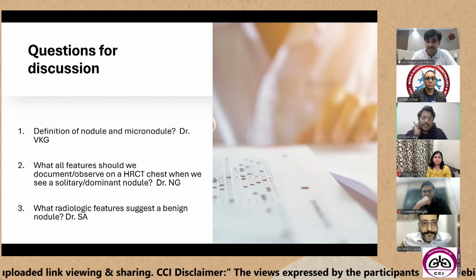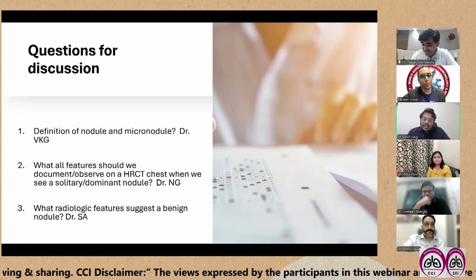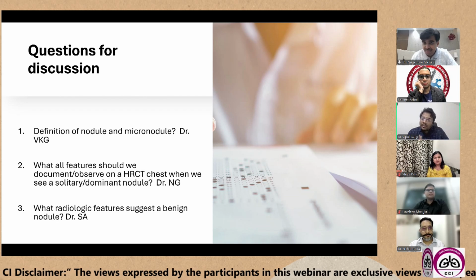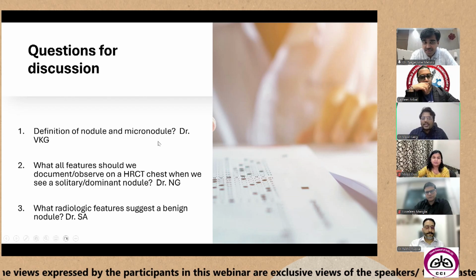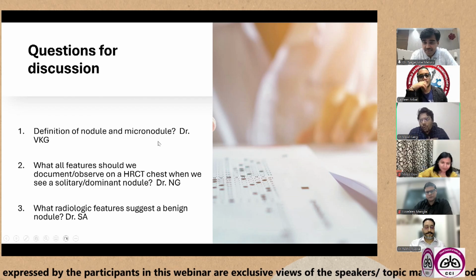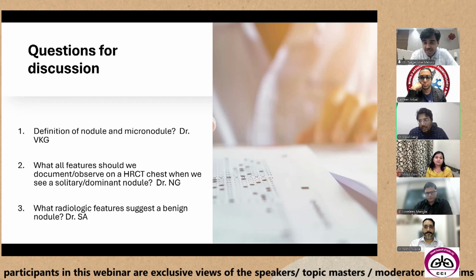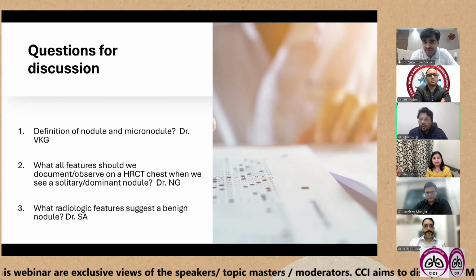A nodule is nothing but a circumscribed lung opacity, which is less than 3 centimeter or 30 mm in diameter. So if you carefully see, the definition incorporates the fact that it's an opacity and also the size. Why is size important? Because any size more than 3 centimeter is what we call a mass, which has a higher risk of malignancy. Whereas a nodule is something less than 3 centimeter and it could be high risk, low risk, or